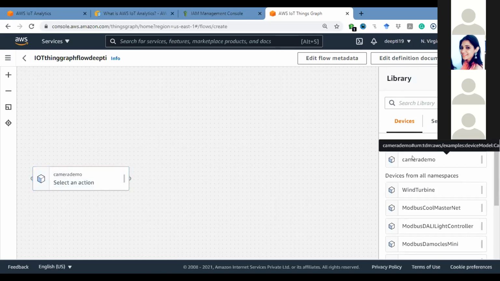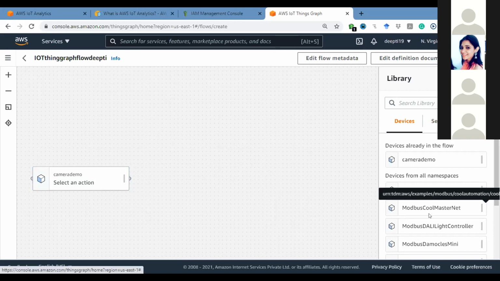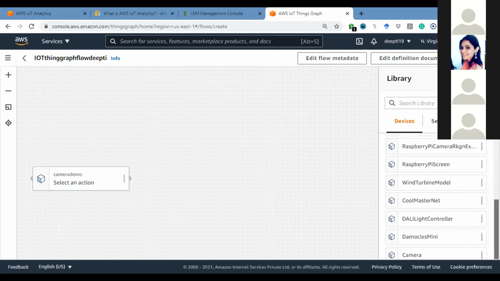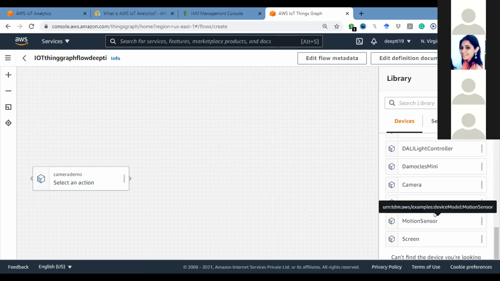Now you can make a connection between the components. You can drag any other component, for example, sensor. Camera is connected with some sensor, suppose. So take any sensor.